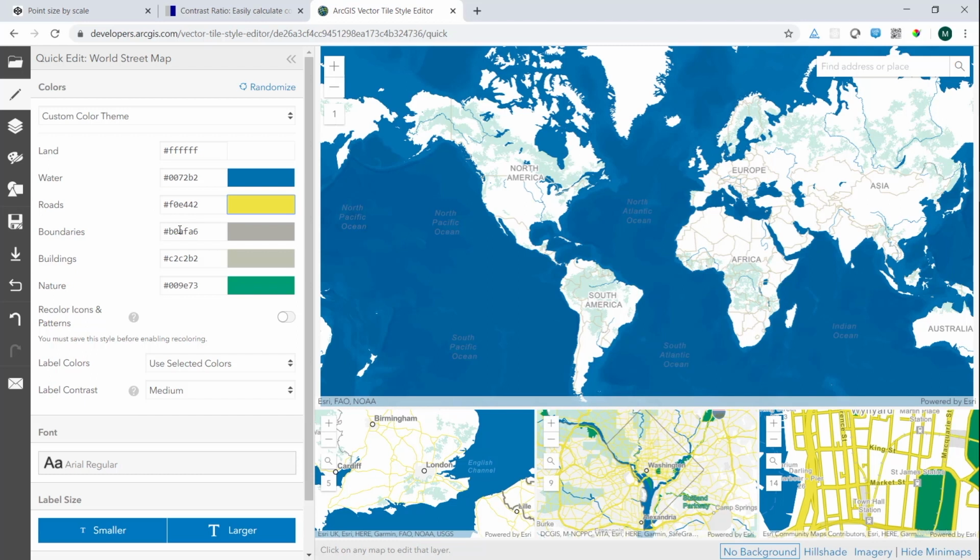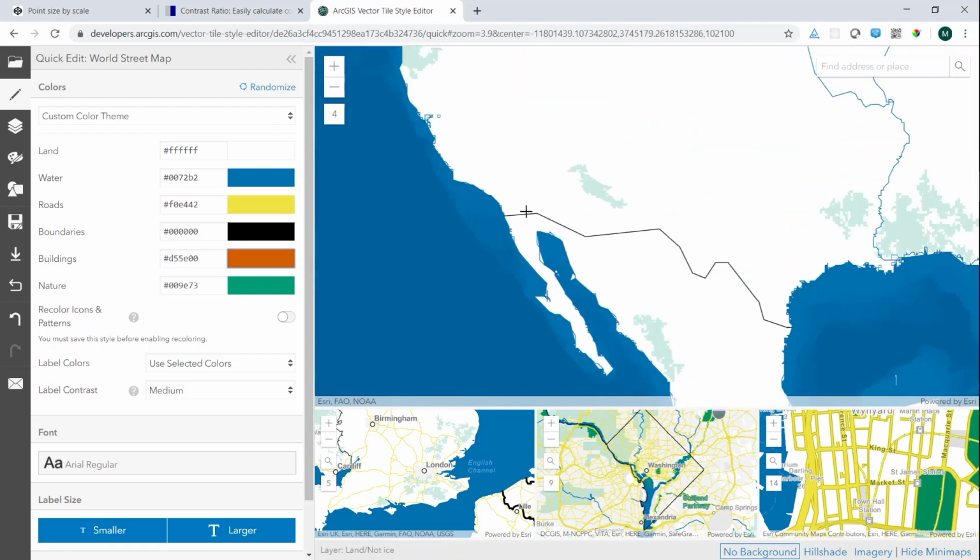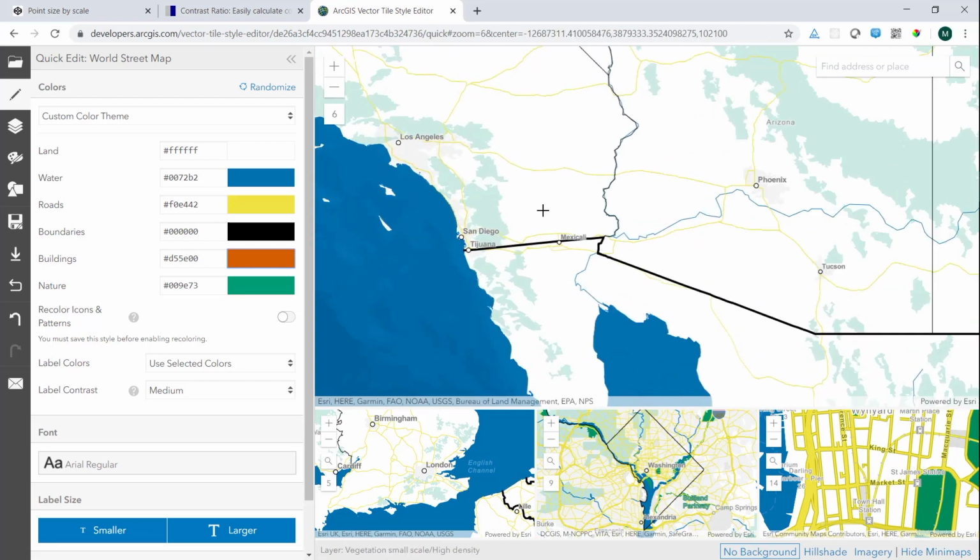For 2, I have a little cheat sheet lying next to me, so I didn't really recall those numbers. And for boundaries, I use black. And then the buildings, I make like a crazy orange color, right? So again, the base map might not be the most beautiful one, but it has high contrast and it uses